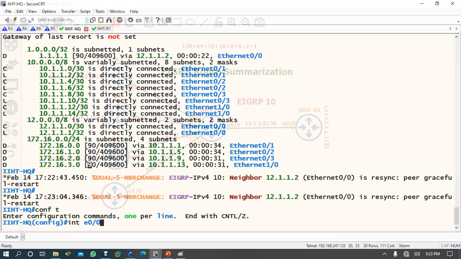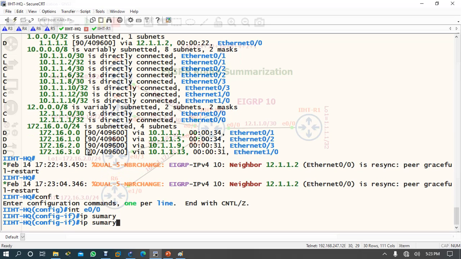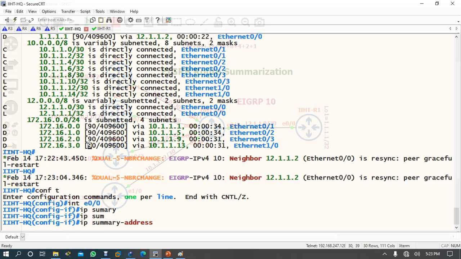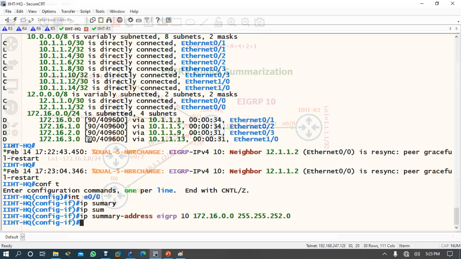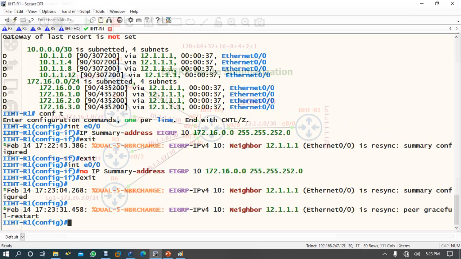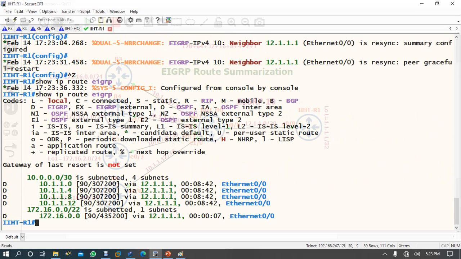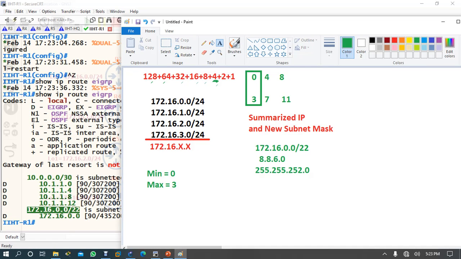Interface E0/0, ip summary-address eigrp 10 172.16.0.0, and then no shut. And now you come here to the branch router and check the route. See, now it is summarized as per the summarization you made here.